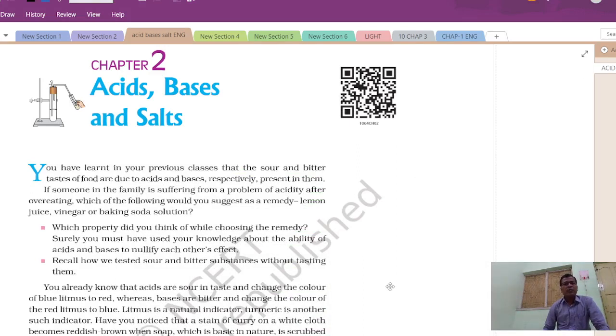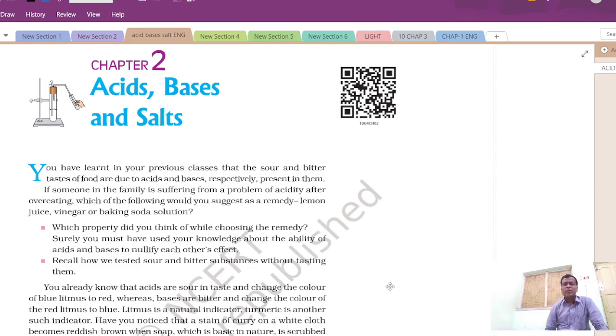Today I will teach you class 10 CBSE chapter 2, acids, bases and salts. As you know, friends, CBSE has declared that the board exam will be held at the end of this month, and as a part of it I want to help those students who have not revised their lessons, especially the